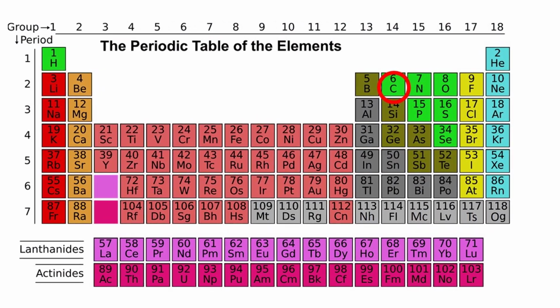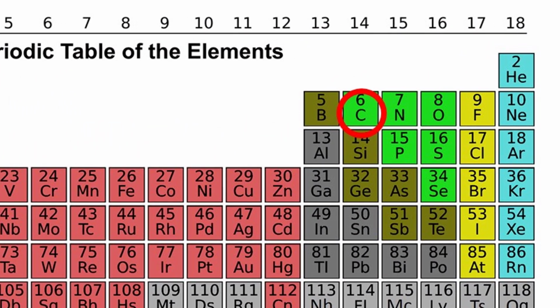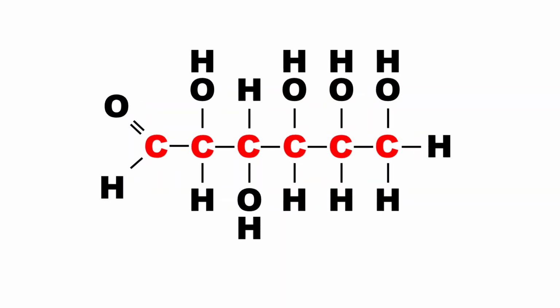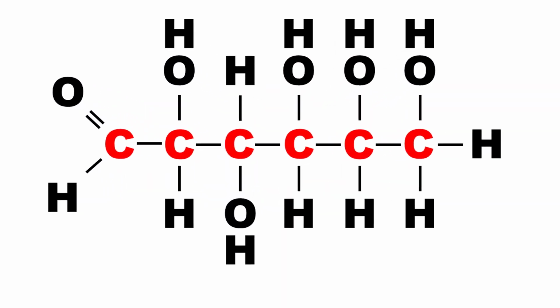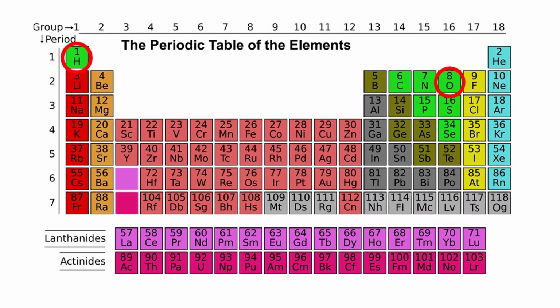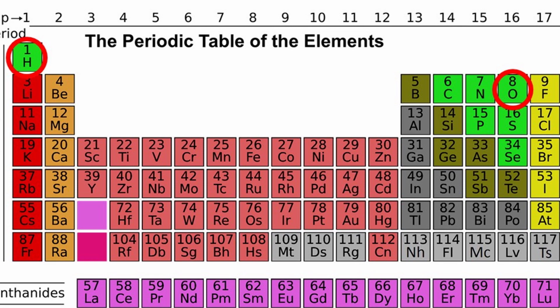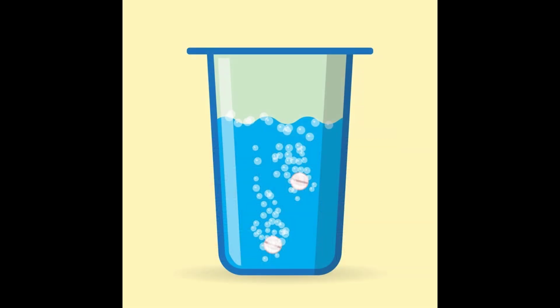So carbon is small, it's abundant in the universe, and it can bind to up to 4 other atoms. So it can make a lot of different kinds of chemical structures that other atoms can't make as easily. For example, it can make long chains like we see in carbohydrates. In terms of the solvents, again, water is made of 2 of the 3 most abundant elements in the universe, hydrogen and oxygen. It dissolves a lot of chemicals, it shows some polarity and charge, and it's liquid at temperatures